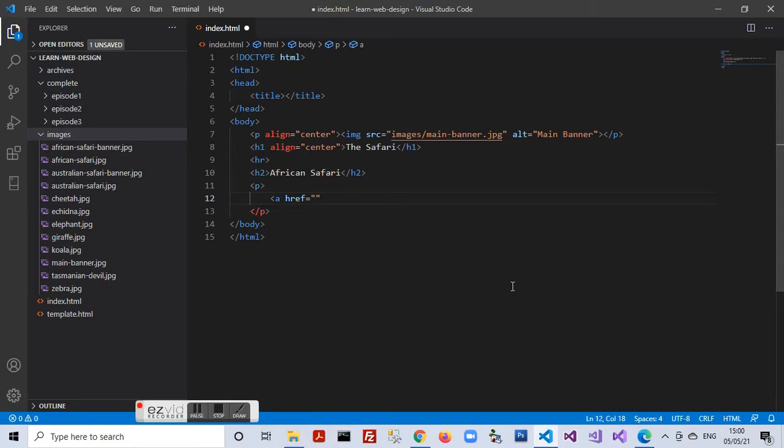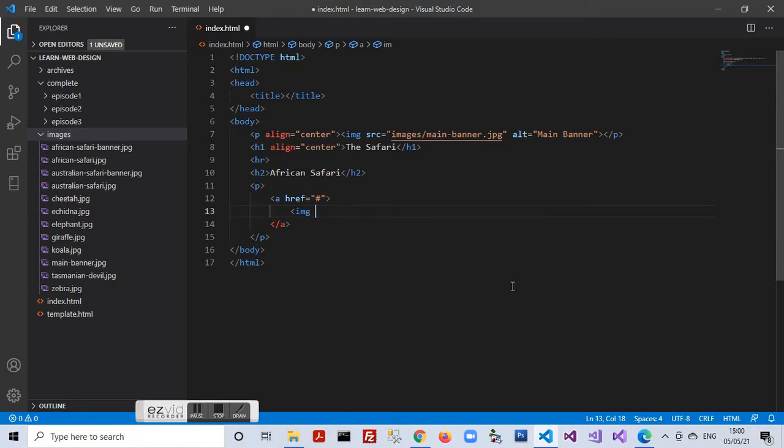The main attribute here is href, and within the href attribute I give the name and path of the page to which I need to link this particular element. So I put in a hash symbol currently because I have not made the sub page yet. As and when I make the sub page, I will change this hash symbol to the name of the web page. So within this anchor element,